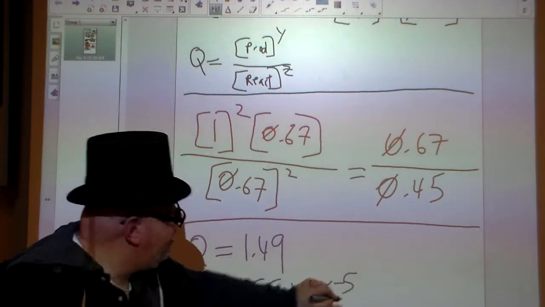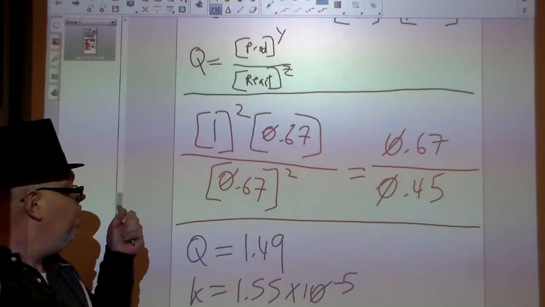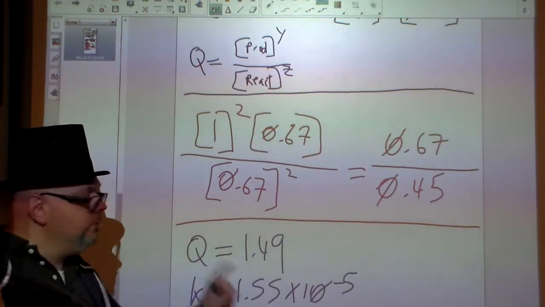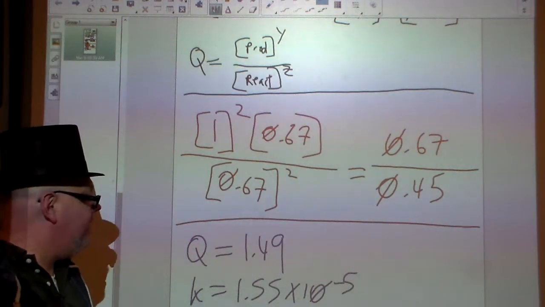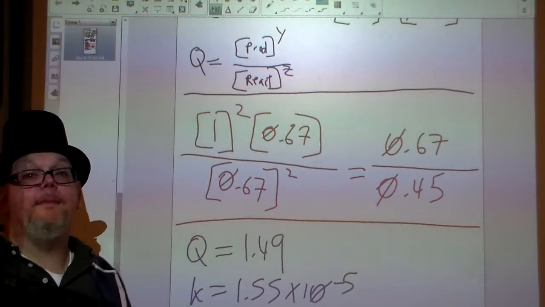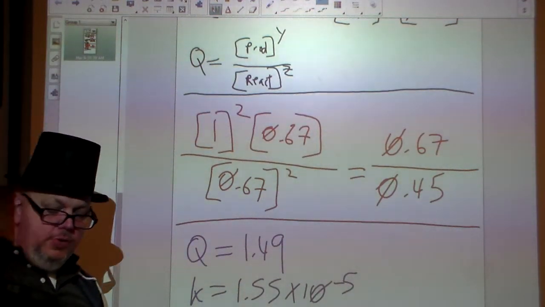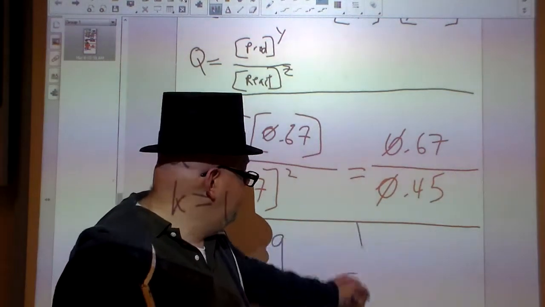to the minus fifth. So is Q the same value as K? Absolutely not. Is Q smaller than K? No, it's not by any stretch of the imagination. But Q is definitely bigger than K. So what does that mean? Well, if Q is bigger than K, guess what? It means it's